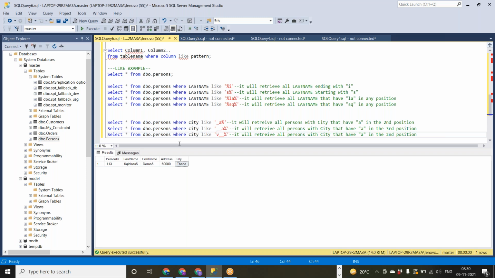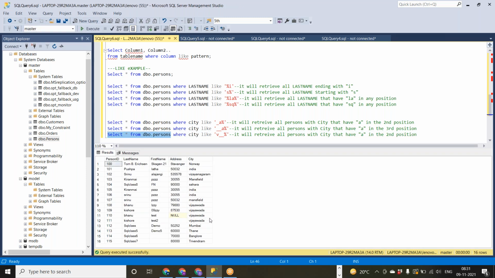I'll show you how. But we'll see, do we have anything less than three letters? No. So for that, what I will do, India I'll take as an example. It is 5, right? I'll just change it. So India.